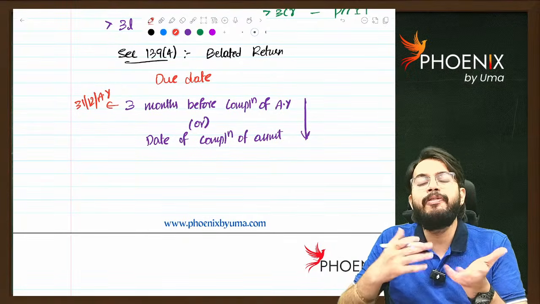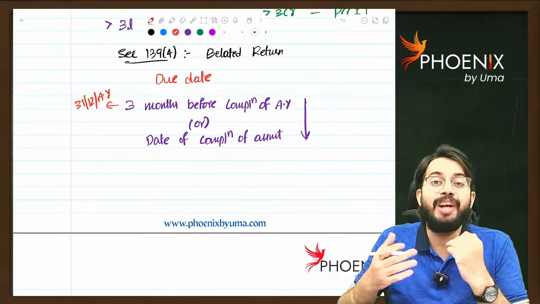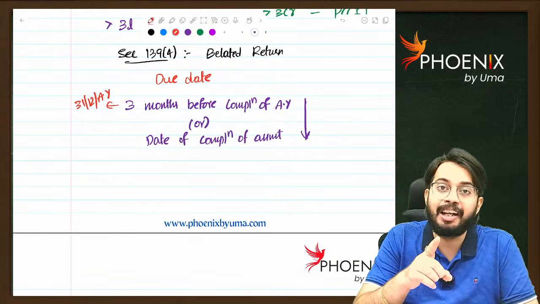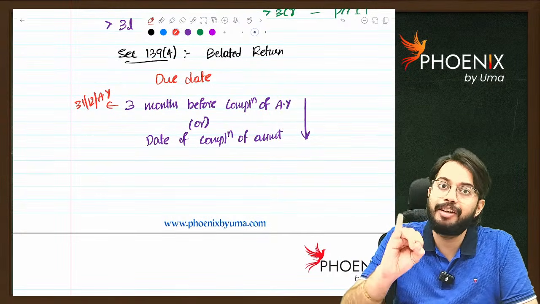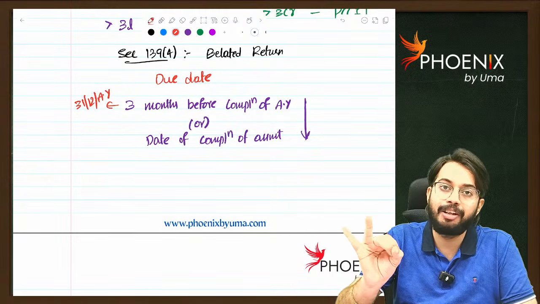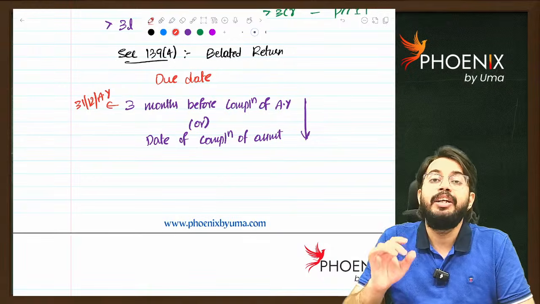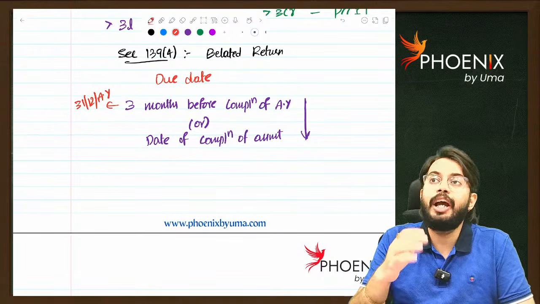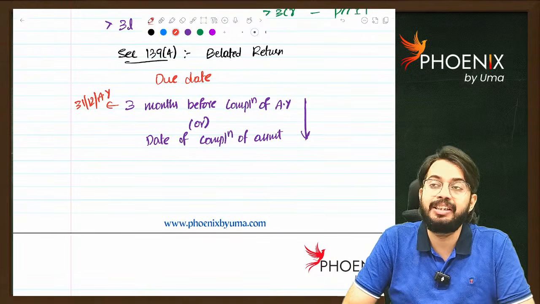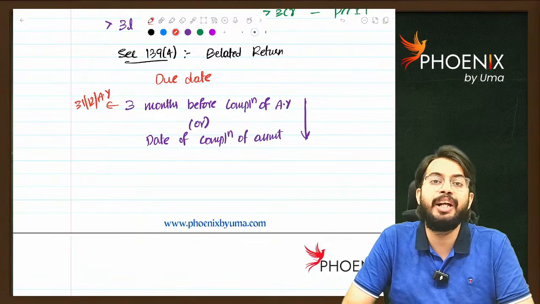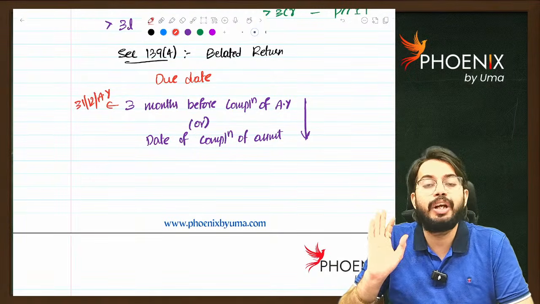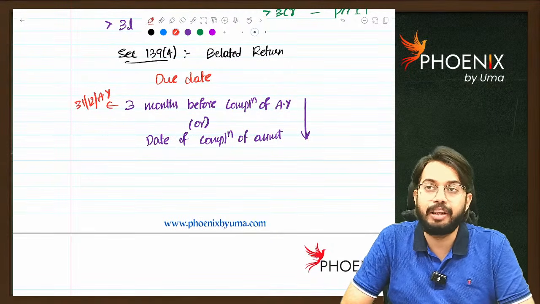Sir, what if I file belated return? Just now we have discussed. If you file ITR lately, you cannot carry forward business losses, you cannot carry forward capital losses, you cannot carry forward losses from owning and maintaining resource. At the same time, you cannot claim deduction under section 10AA. You cannot claim income based deductions. There are some income based deductions, 80IA to 80RRB. Those deductions also you cannot claim if you file ITR after the due date.